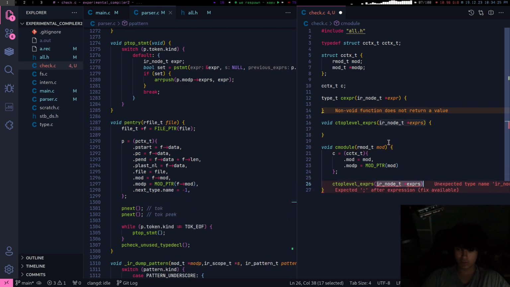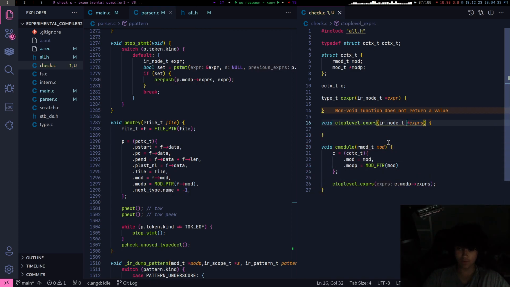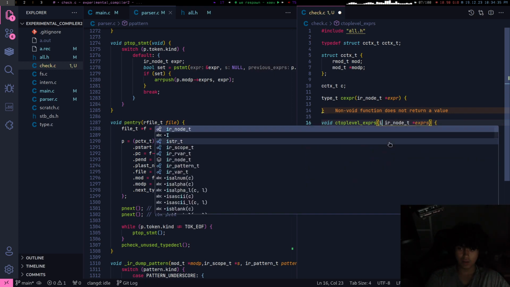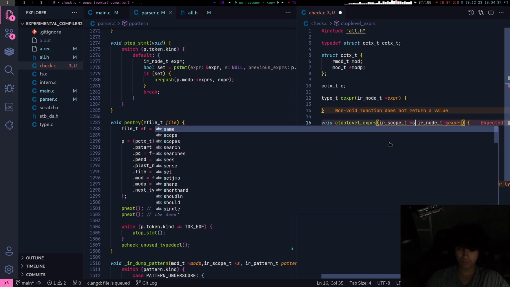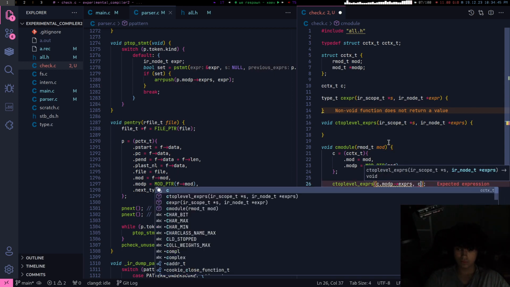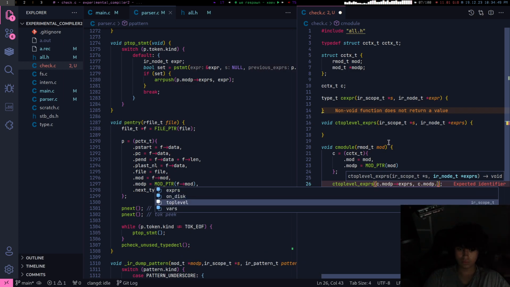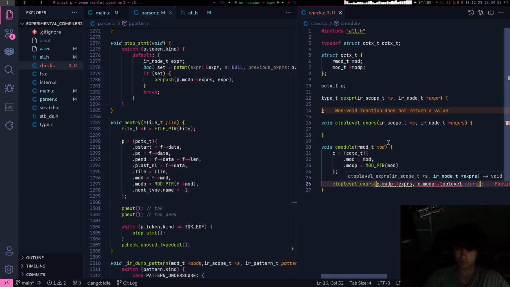See top level expers. It's being called with expers. Also, it needs a scope. That's probably the most important thing I left out. Scope T. Top level. Yeah, here's a top level scope.